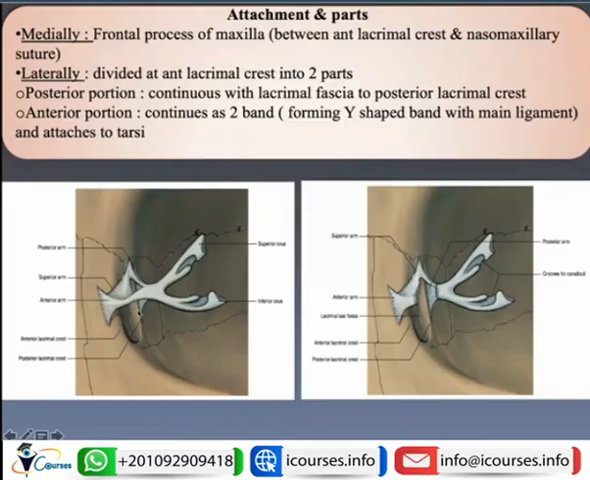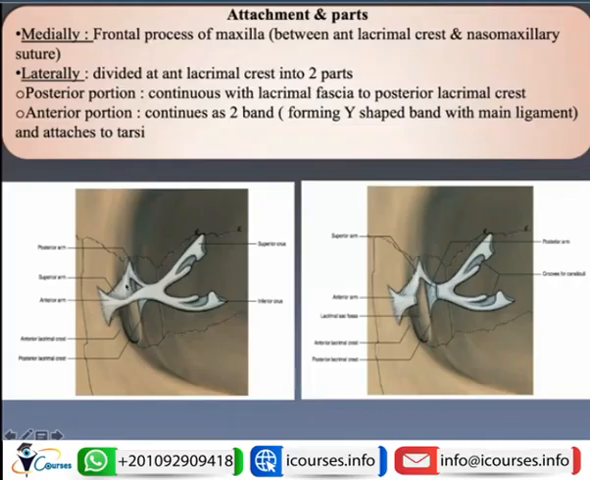So let's again discuss the anatomy or the attachment of the medial palpebral ligament. It has a medial attachment that arises between the nasomaxillary suture and the anterior lacrimal crest. After it arises and reaches the anterior lacrimal crest, it will give a posterior attachment or posterior part that was